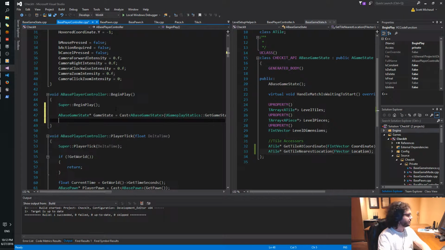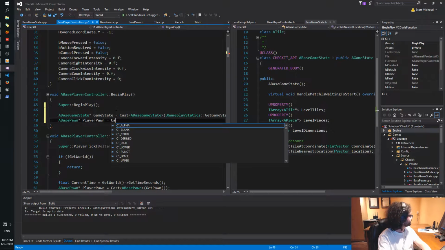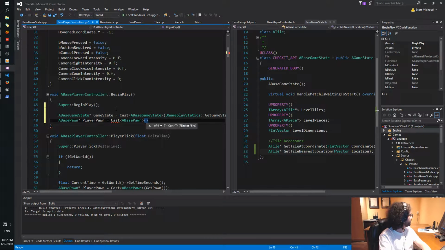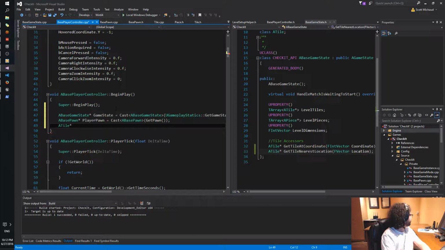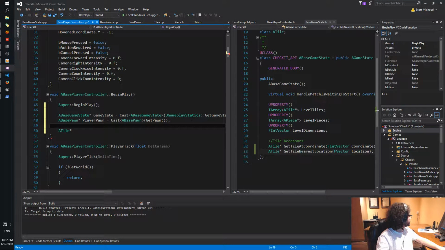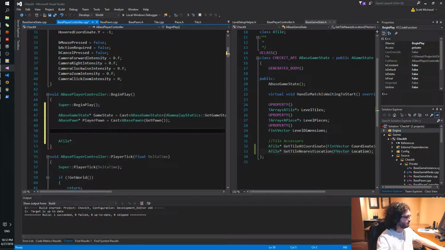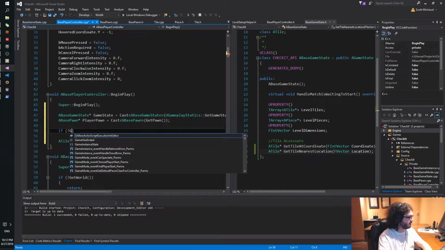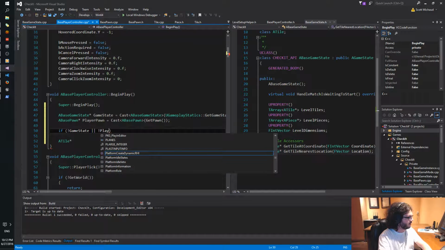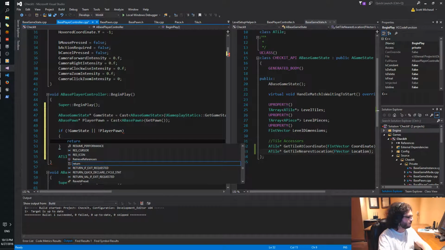A base pawn, pawn. Nice. A tile. If not game state or not player pawn, return.